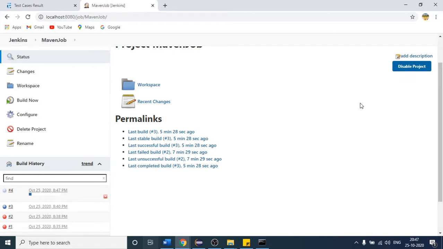So 8:47 is the time, and you can see that on the left hand side there is one job automatically